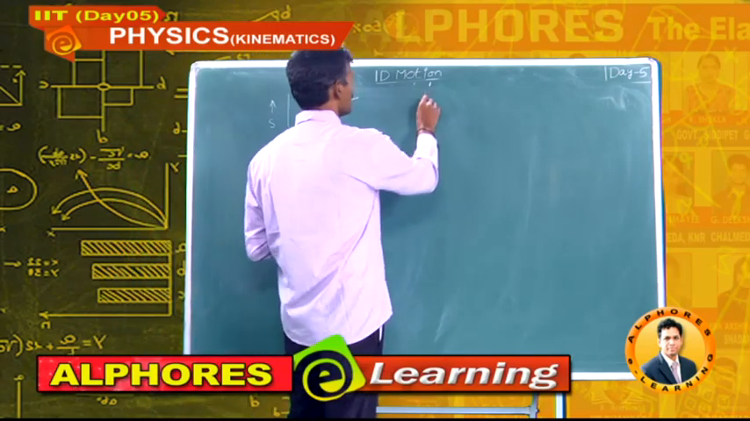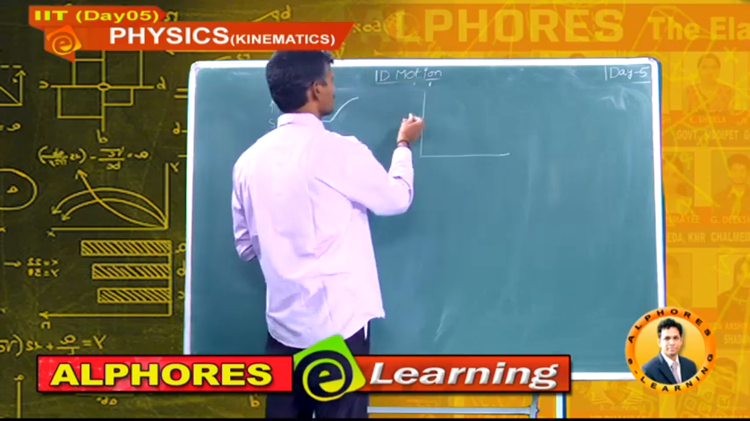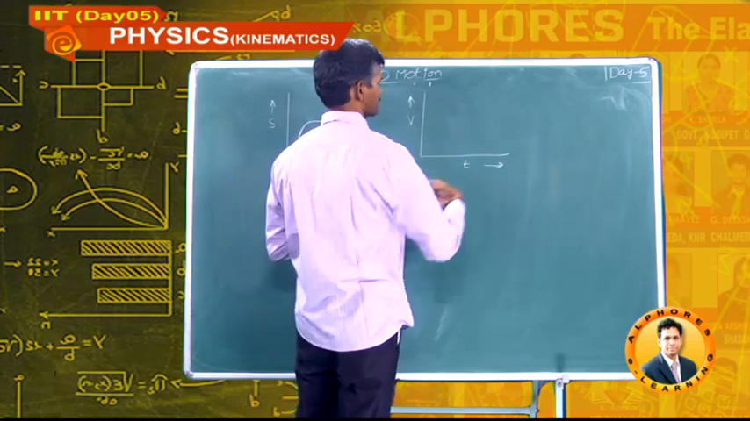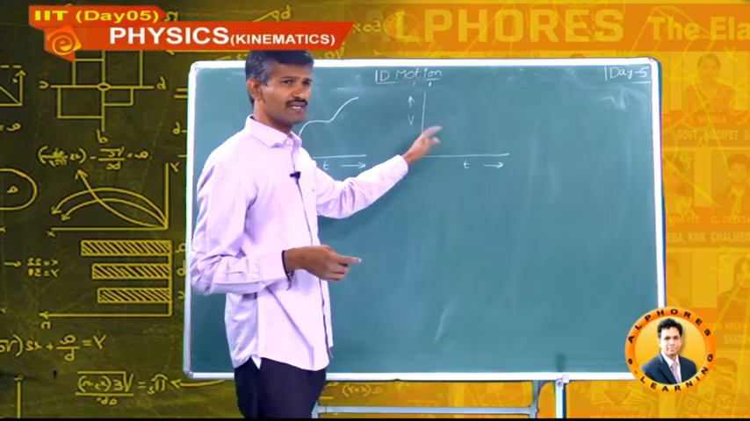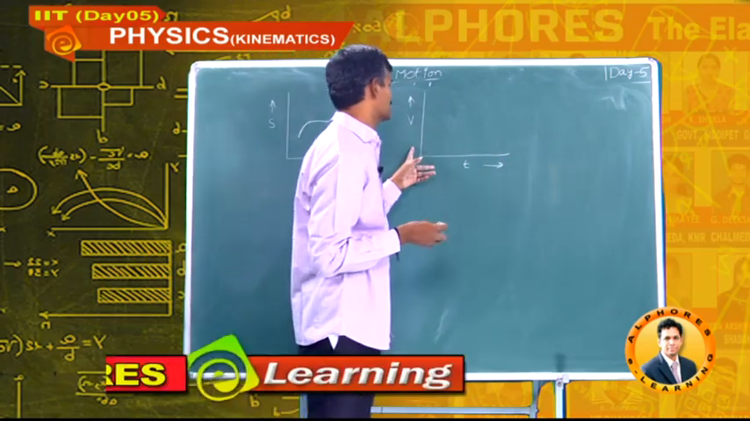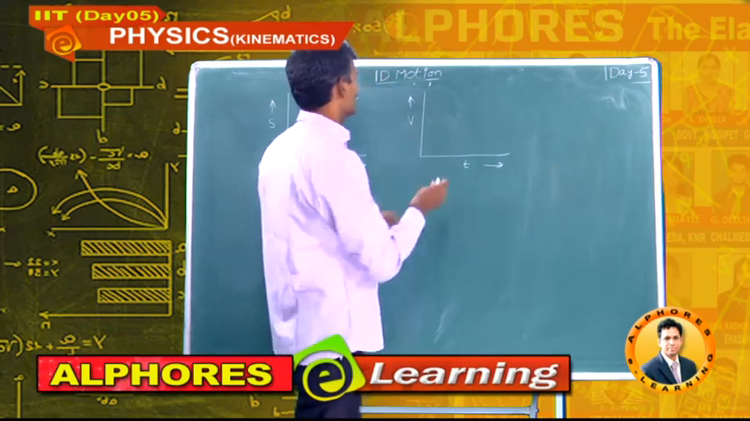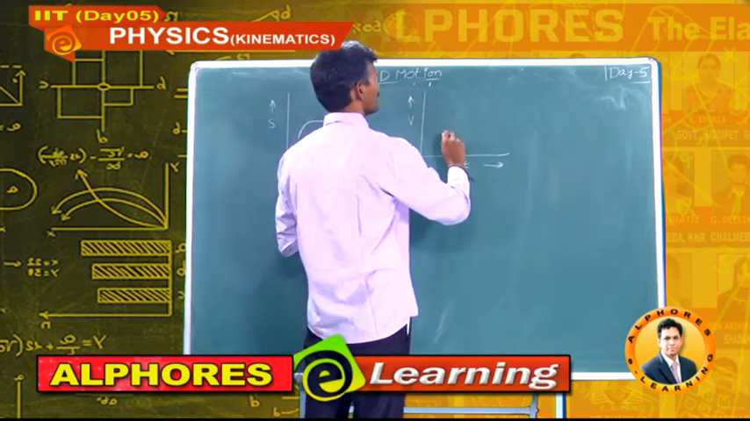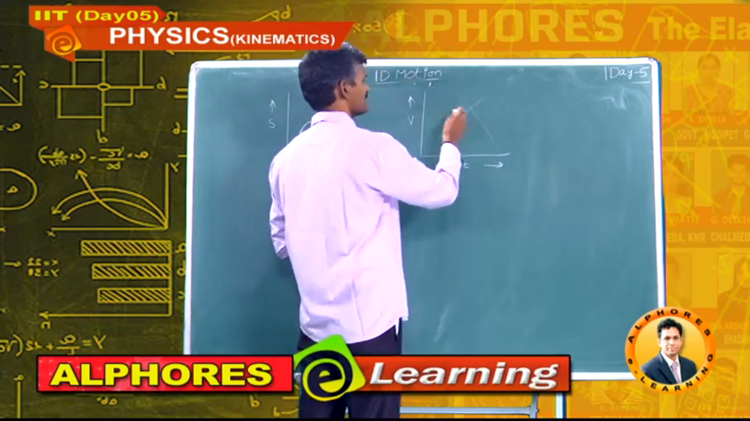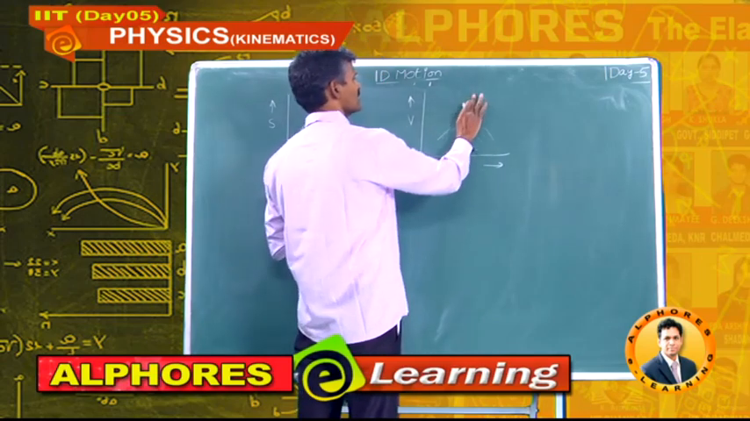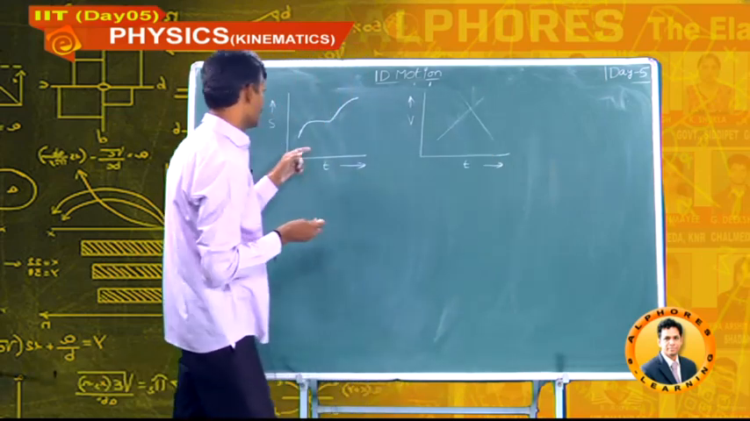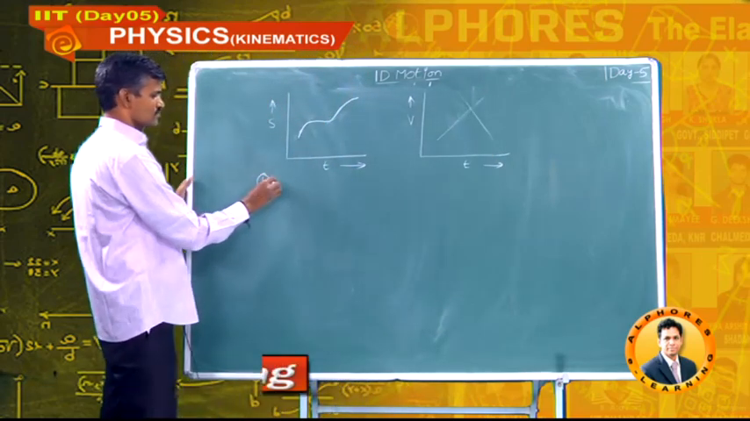Similarly, how to draw a velocity time graph? There are so many graphs related to velocity and time, which are not parallel to this time axis. It may be like this, or like this, or like this. There are so many possibilities. So, of all those we can note one point: the slope